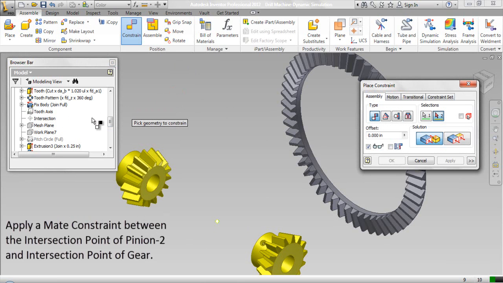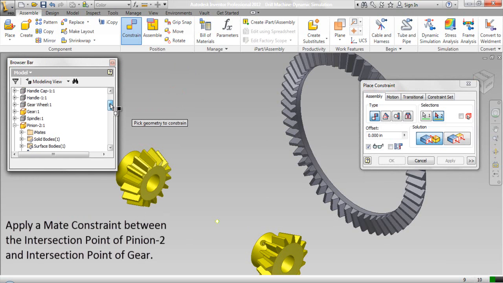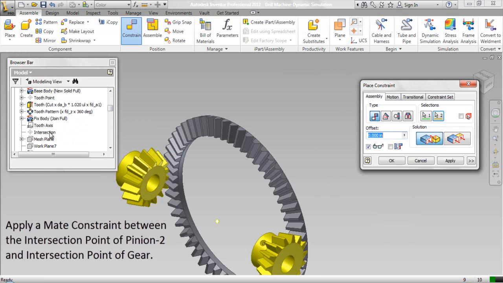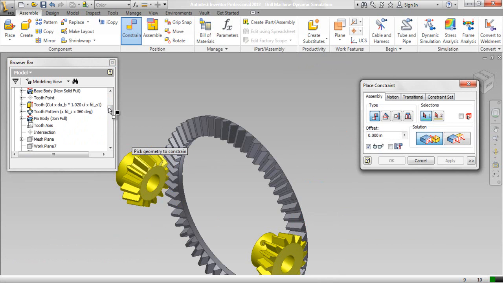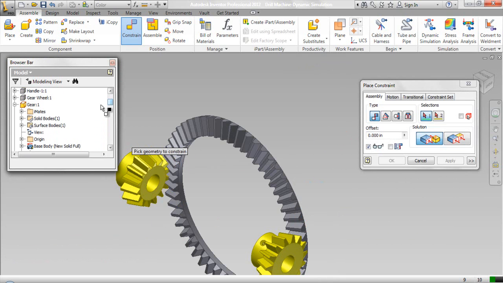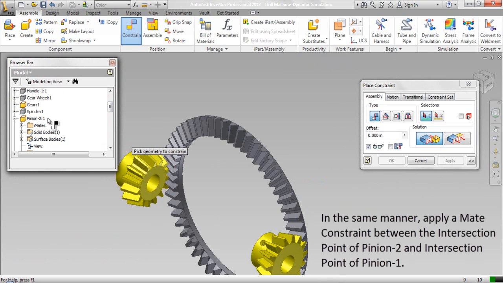Apply a mate constraint between the intersection point of pinion 2 and intersection point of gear. In the same manner, apply a mate constraint between the intersection point of pinion 2 and intersection point of pinion 1.